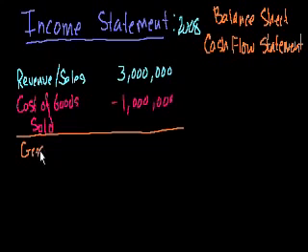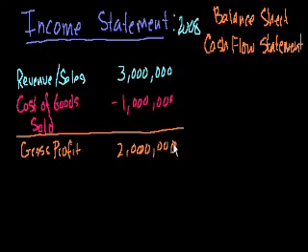Gross profit. And in this case, it would be $2 million. And this number tells you how much money you made, or how much profit you made, just from selling these widgets. So the more widgets you sell in most circumstances, the larger this number is going to be. So this is your profit before all of the other expenses that a company has to incur, like the